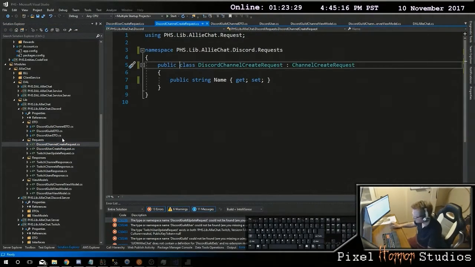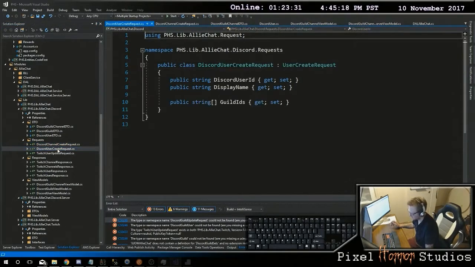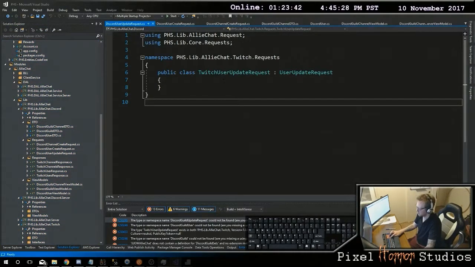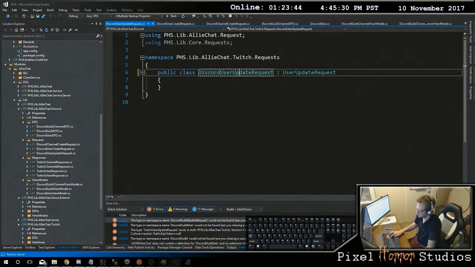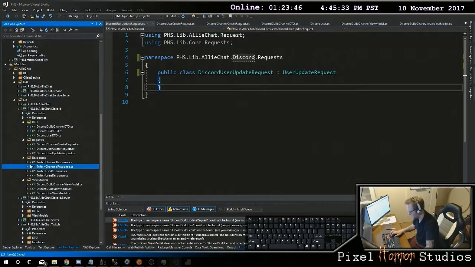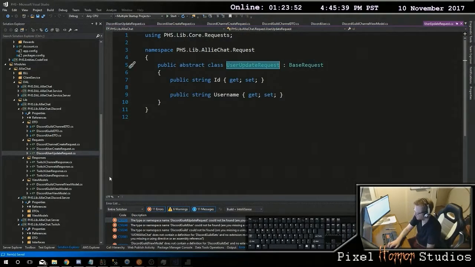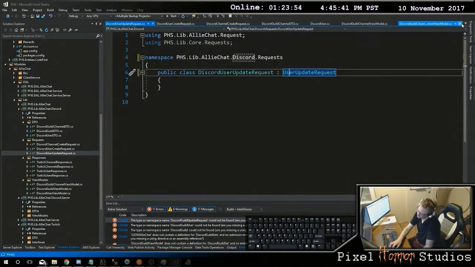Channel create request. User create request. And we need to change this around right here. We're going to make this one a Discord user update request. Change that here. And that one there. Go away. Discord user update request. What even update request for this user? Just in case you ever change the username, I don't freaking care. That seems fine to me. But the one that you're missing here is